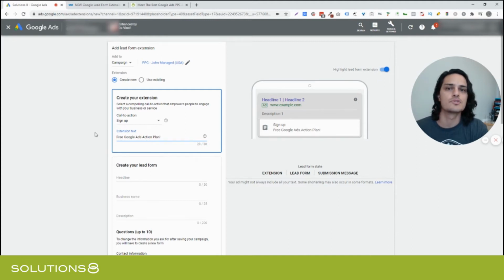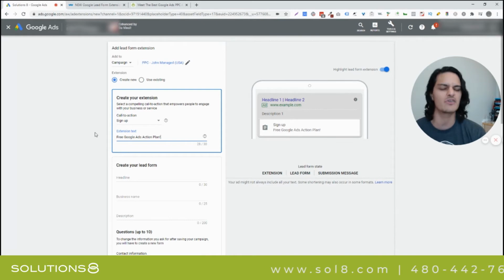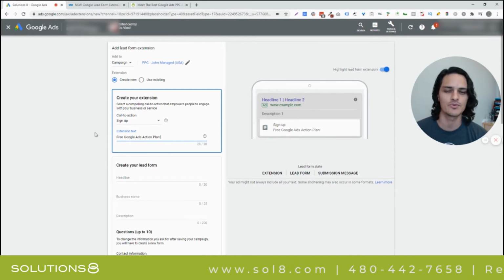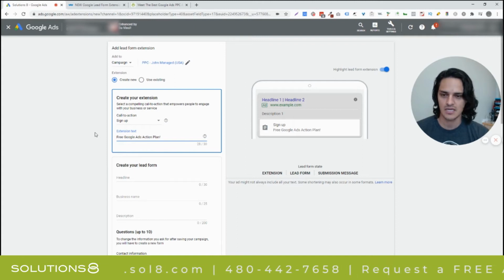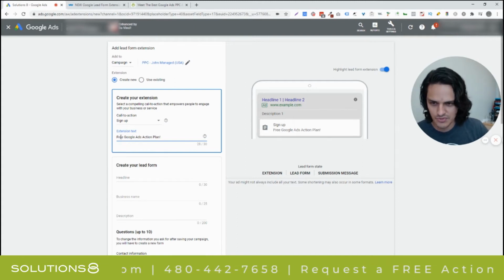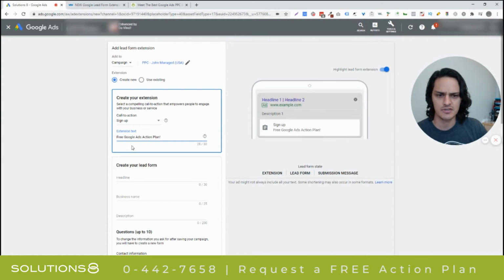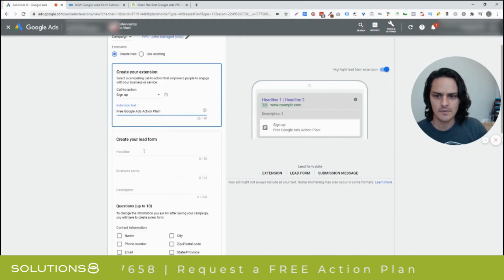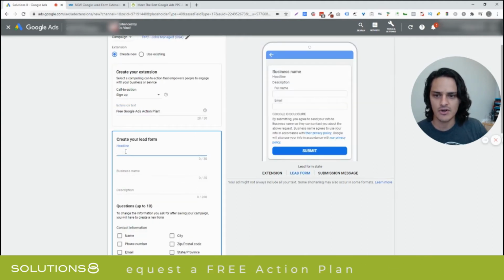So same rules apply here in your extension text. If I try to make all of this caps or use too much punctuation, my expectation is Google's probably going to penalize me. I don't know that for a fact, but I'm just going to play by the rules because they're pretty consistent as far as that's concerned. I might toy around with this later, but this is good enough for now. Spend some time on our